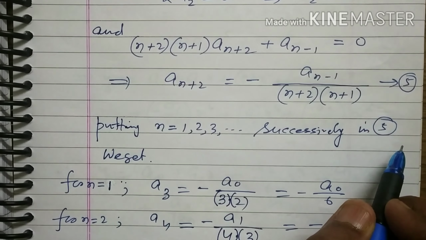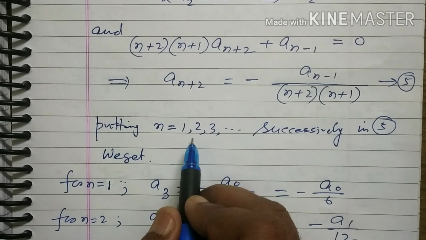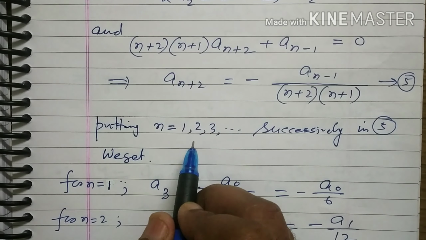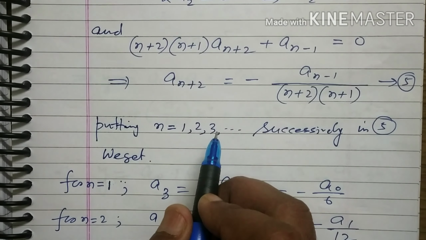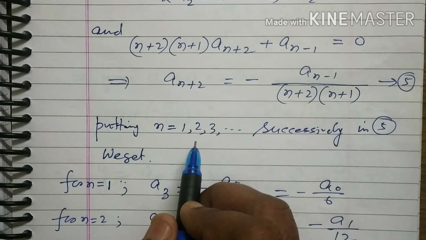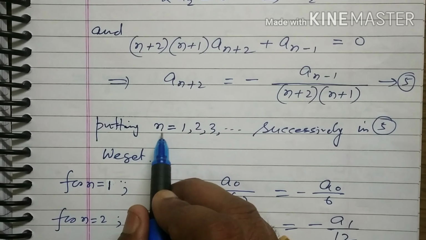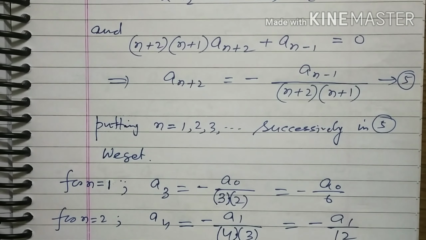I think there is a question in your mind: why does it start from 1? Because in the last question it was from 0, since the summation started from n equals 0 to infinity, but here it is n equals 1 to infinity. So that's why you should write n equals 1 to infinity. Clear? Most important question.